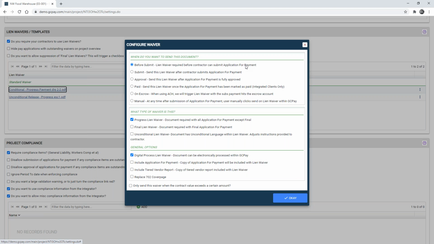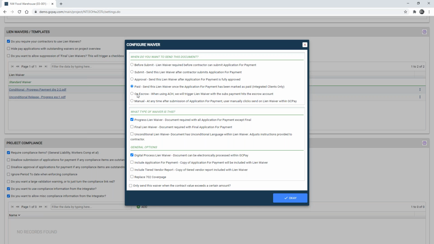A common option that some of our customers use is this paid option. And what the paid option will do, will actually look back at your Sage accounting solution. And it's going to look at the pay app. And once it's been marked as paid in Sage, then we can actually send the waiver.